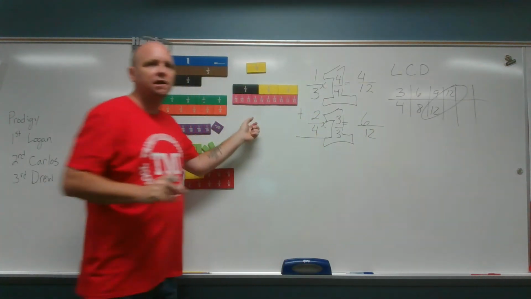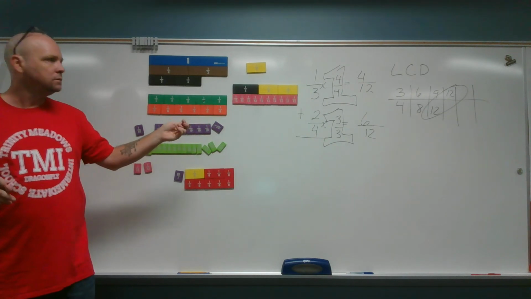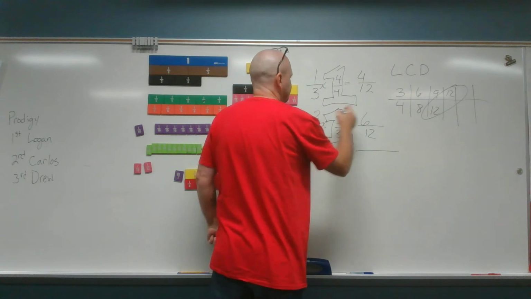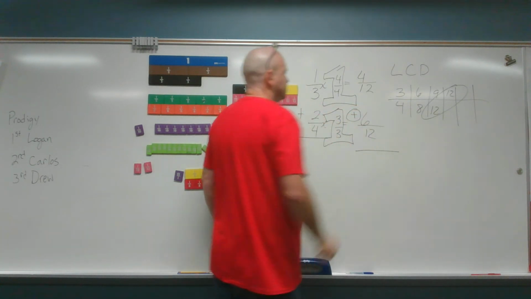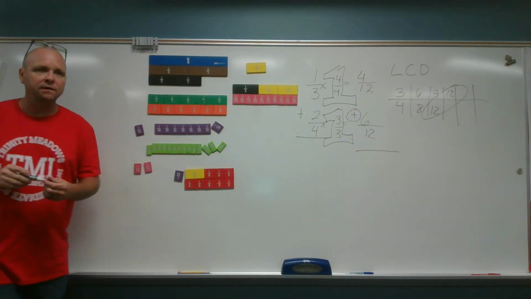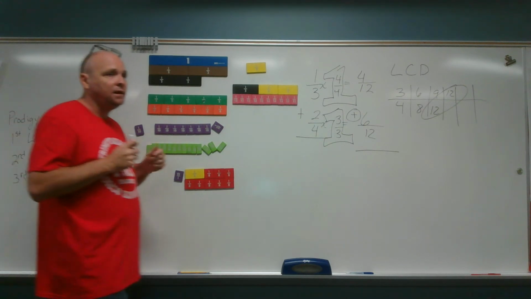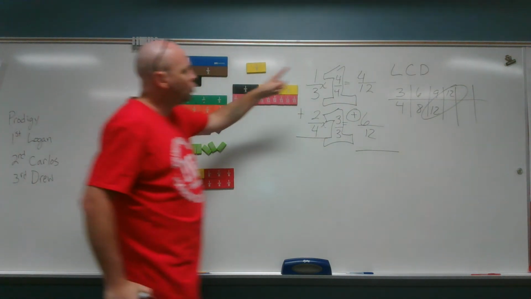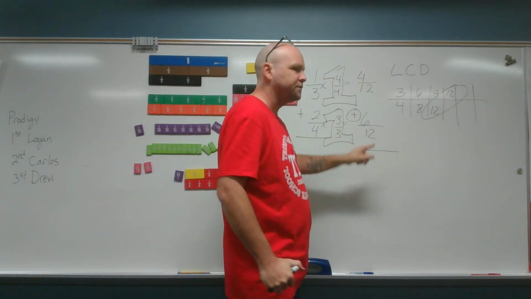Anybody have a problem saying those are equivalent? No. It's an addition problem. So I always make sure I circle that. And then I have Sanaya, 4/12 plus 6/12 equals